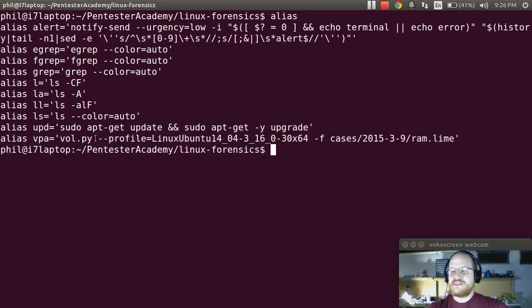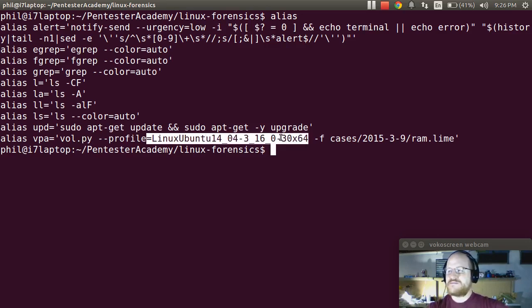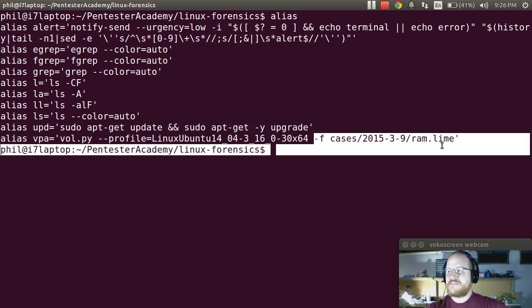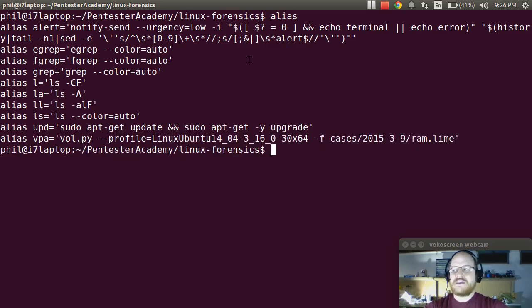And I set it to run vol.py --profile, and then the profile for my system image -f, and then my image file. If I look at what's available to me when it comes to bash,